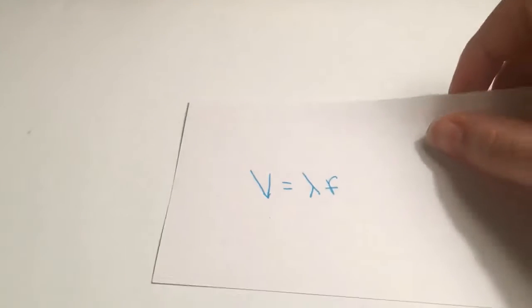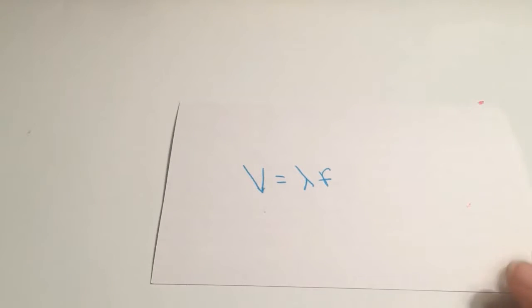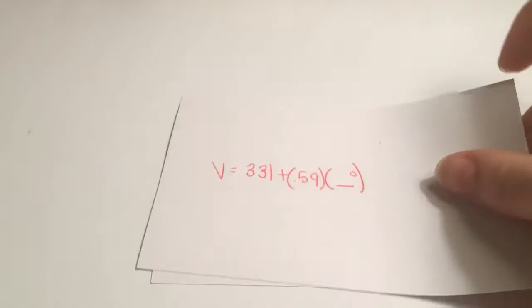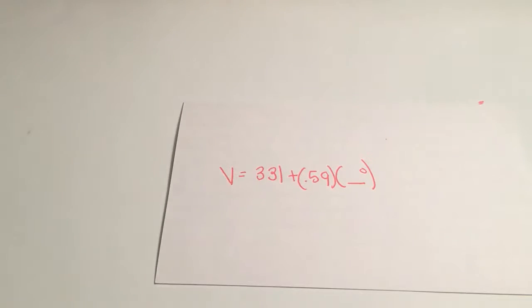I would like to tell you all the formulas that we will be using throughout this video, and if you don't know what they mean, then I'll try to explain it the best that I can. So this is the formula for velocity equals wavelength times frequency. And so let's say that you didn't know what velocity was, but you have a degree. Well, this is the formula for velocity. And you'd plug in the degree right there, and that way you just plug it all in and you'd find